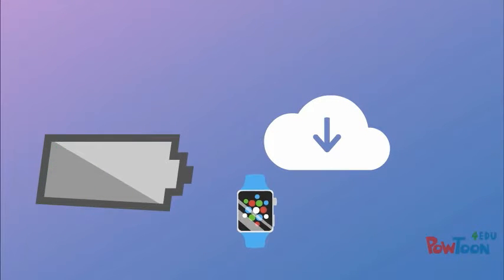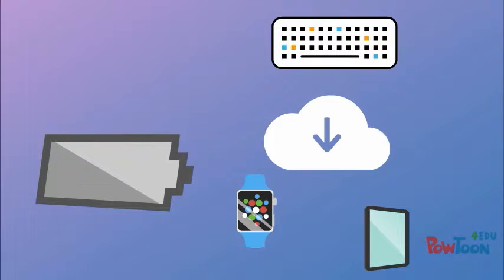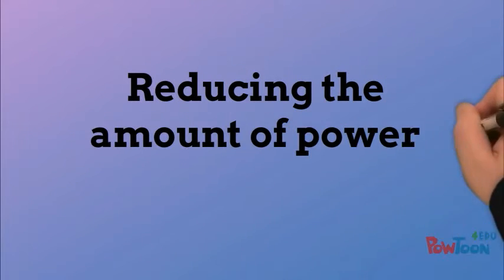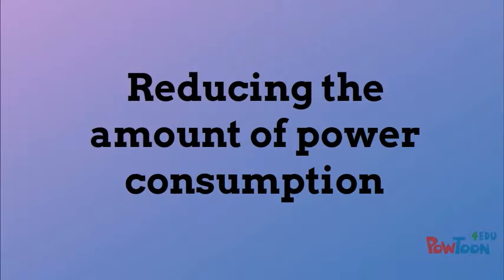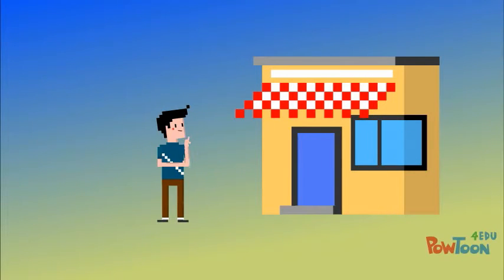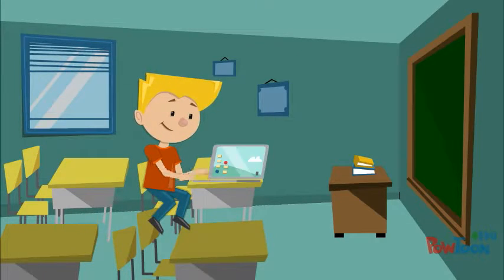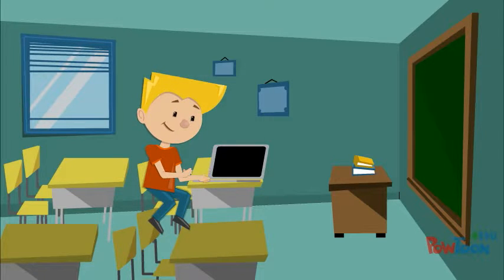Power usage and cloud technology tend to be the most common area of knowledge for the participants. When given the term green IT, the participants defined it as reducing the amount of power consumption. The participants also think it is very important for students to have access to technology within the school setting. So it was imperative to find devices for students to use that have a long-lasting battery life.